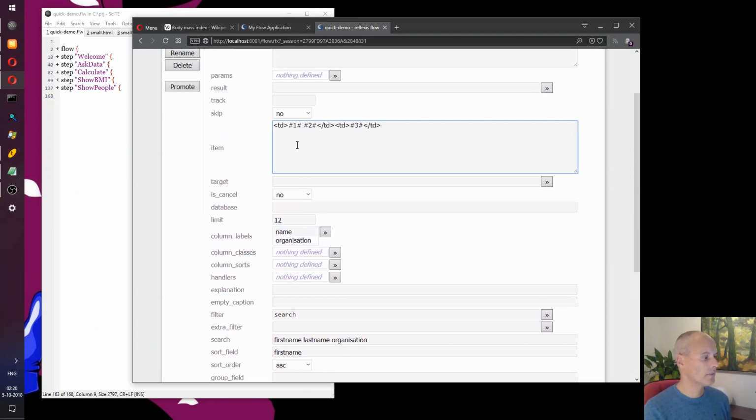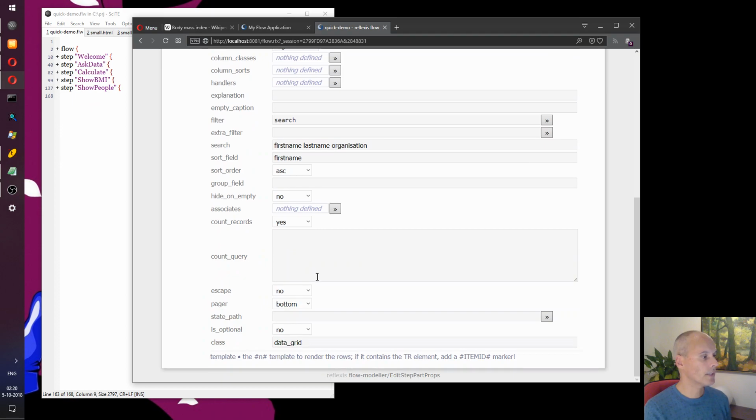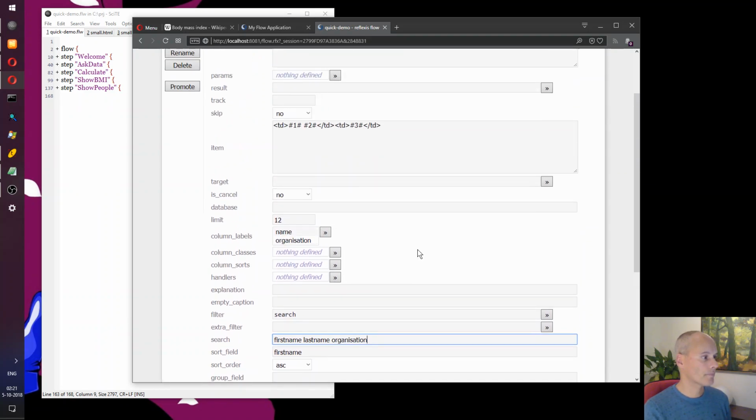If you click on any of these fields, it'll show you a quick help text explaining what the field is all about. So here we can see that the search field is a space separated list of names that the filter should be applied against.